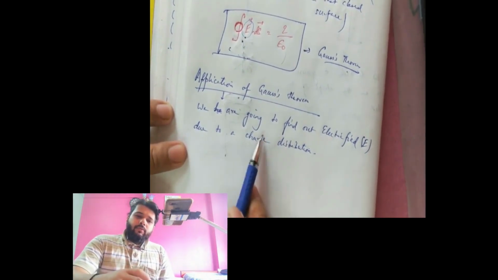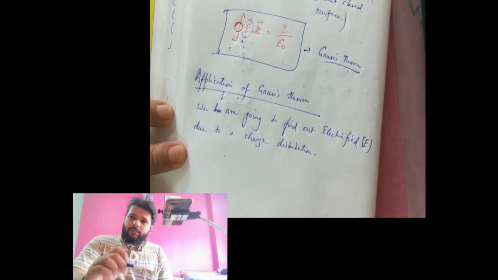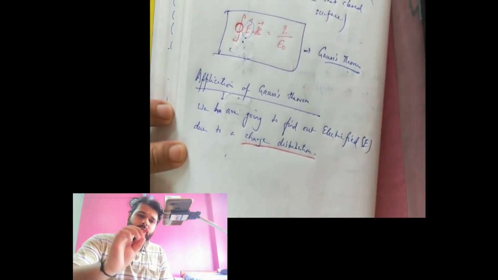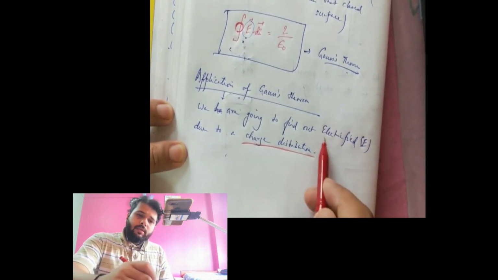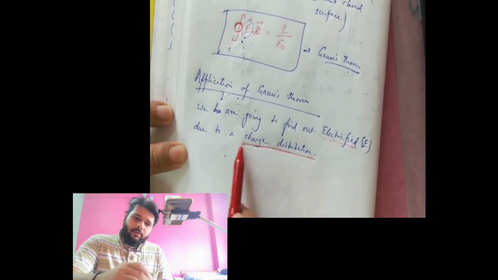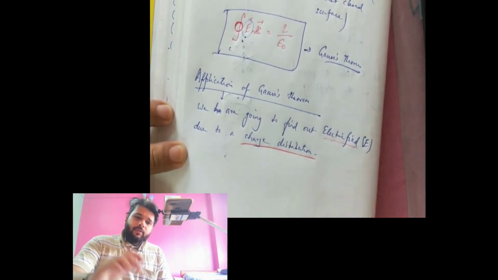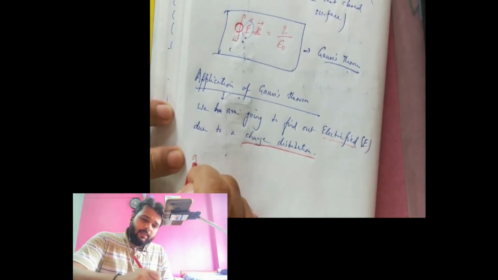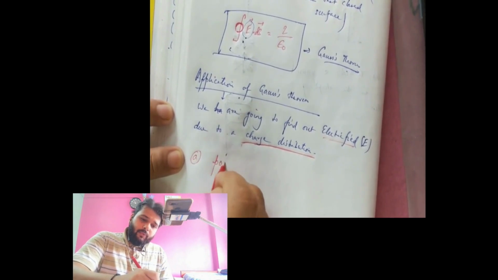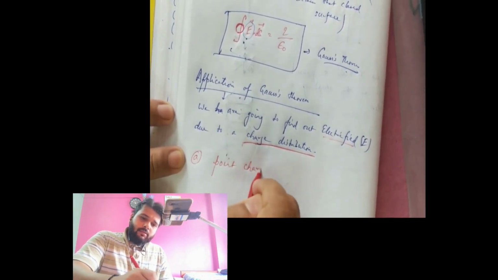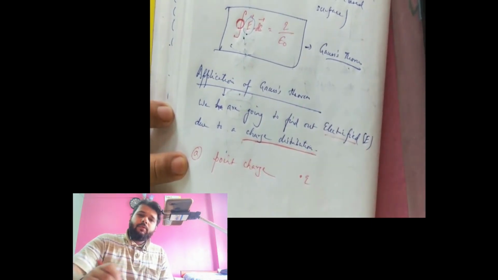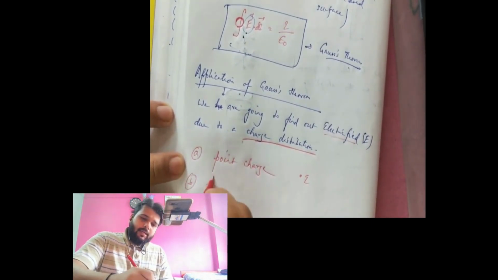Okay, so we are going to find out electric field due to a charge distribution, and just remember the charge distribution. There are two terms: electric field and charge distribution. Now, this charge distribution can either be a point charge, that is in this way, the point charge, that will be a Q, or it can be